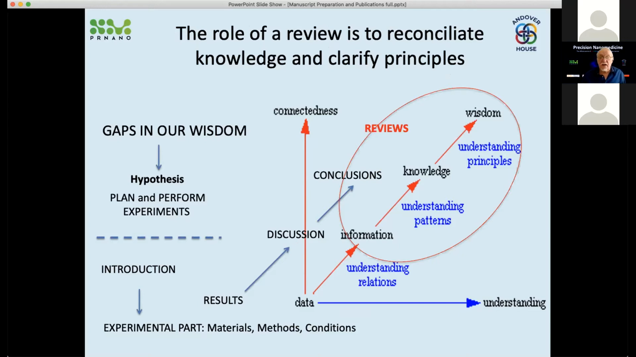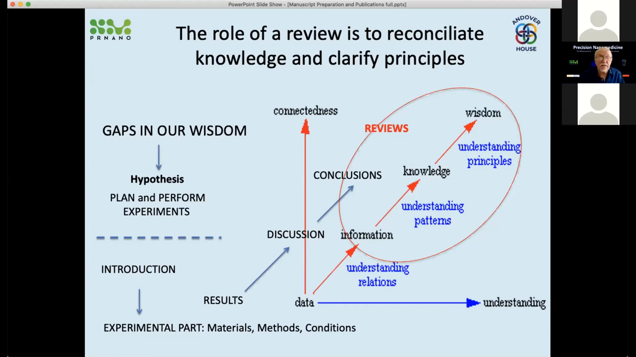Reviews are not a collection of literary data from all kinds of libraries, where this guy wrote this, that guy wrote that. It's not a listing. It's synthesizing the knowledge based on the information and knowledge, understanding patterns to provide an understanding of principles. This is a typical problem of many reviews, that they just simply list. You have to evaluate that knowledge, because then our knowledge is never totally coherent. We have pieces of the puzzle, and we have to put that together to better connect it and better understand